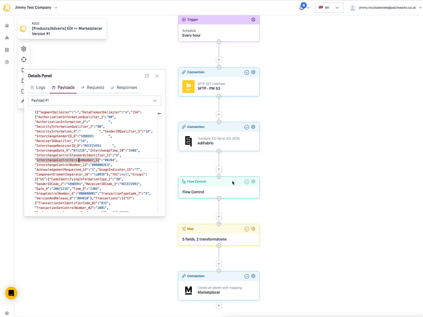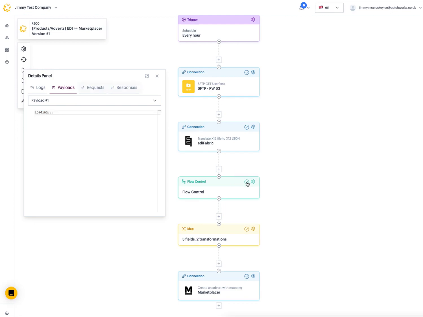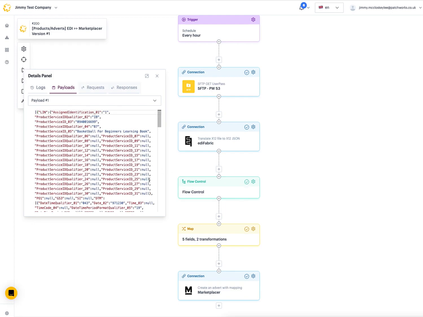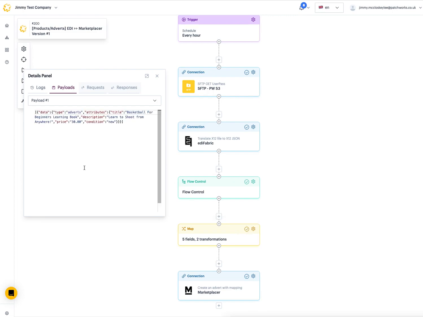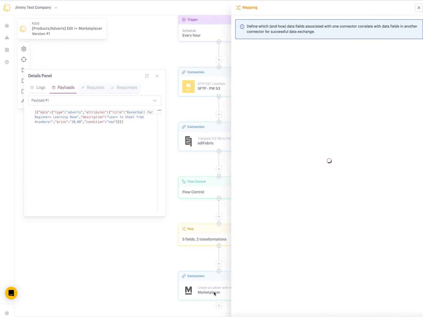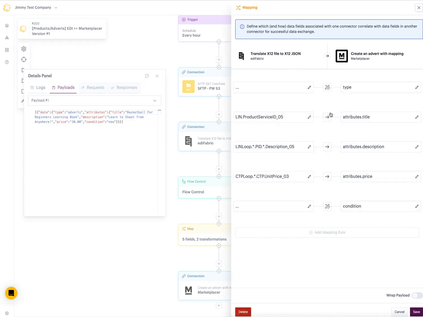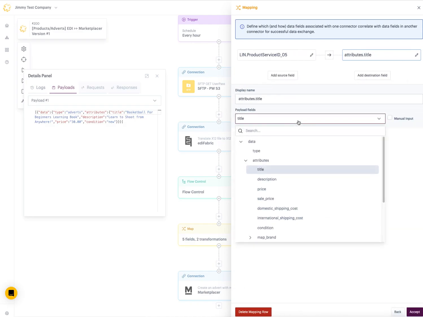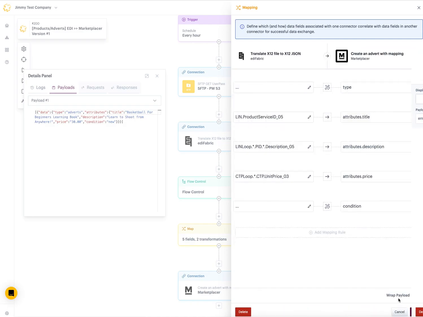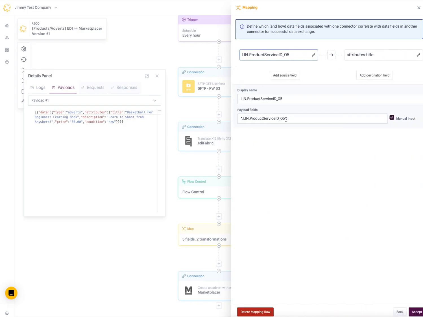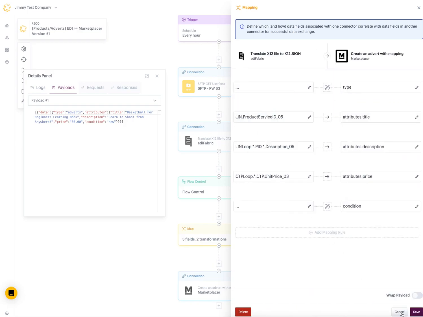After we get that JSON payload back, we'll use the flow control to loop through each line inside that payload, and then we're going to use the Patchworks map shape to remap that into the Marketplacer format. So it's nice and simple, easy to read. You can see where the title's coming from on that drop down list. You can see where it's being pulled from inside of the EDI file,